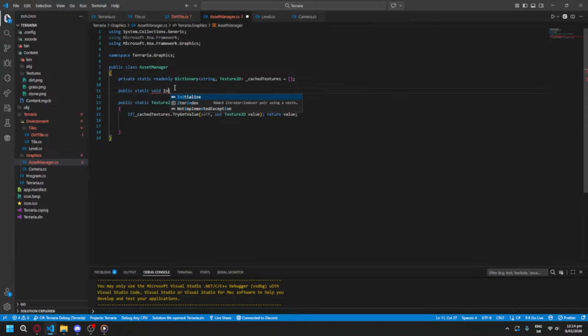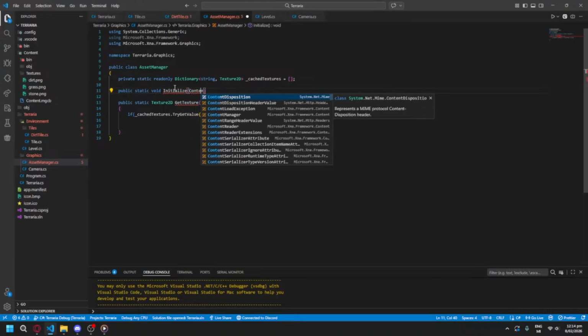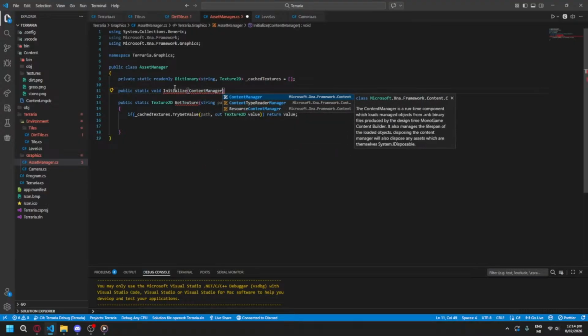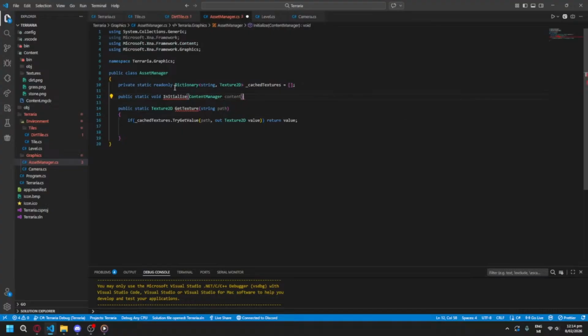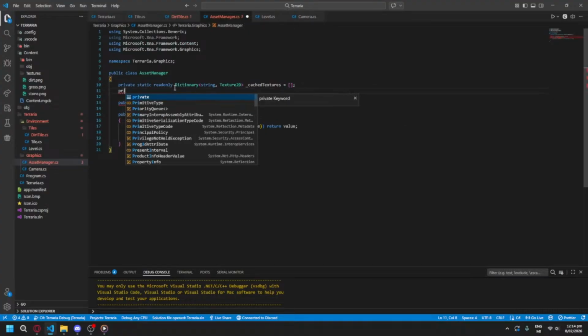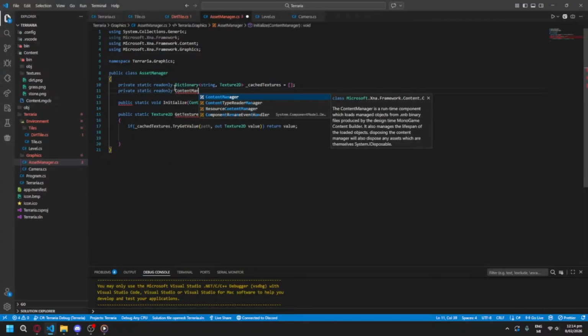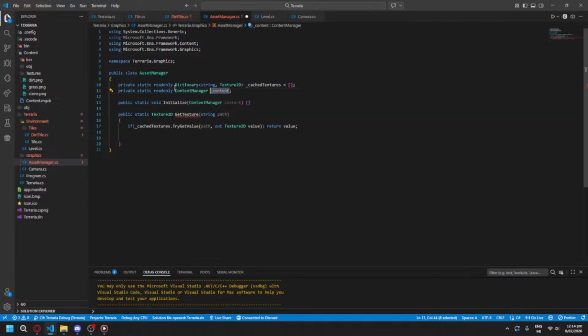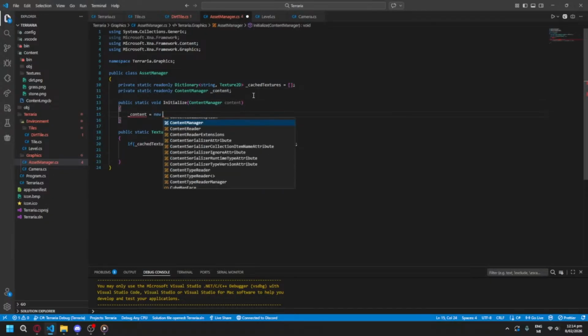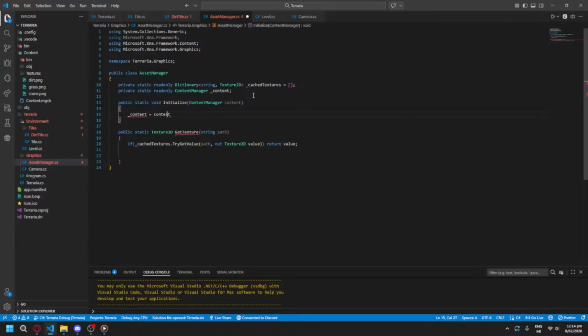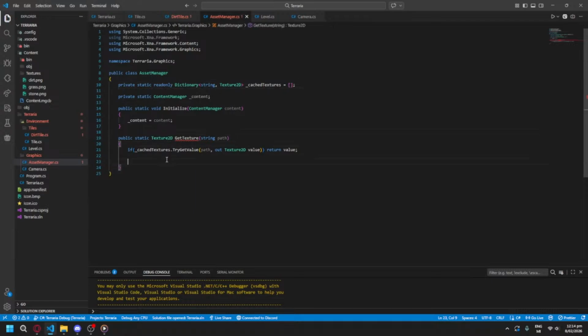Public static void initialize content manager content. Private static read only content manager content equals new, and it's not going to be read only because then we can't assign it. Now we need to say underscore content dot